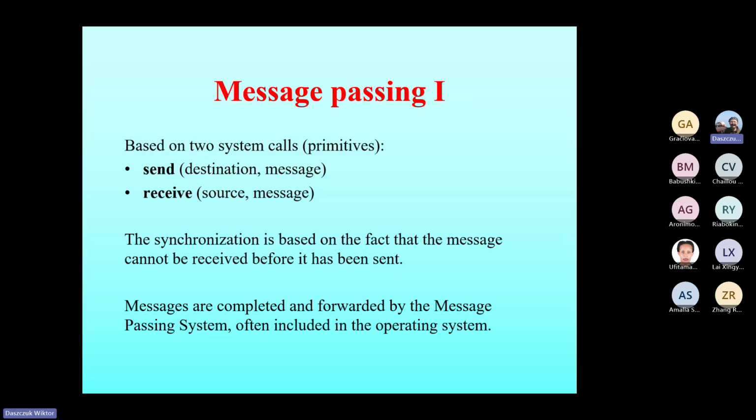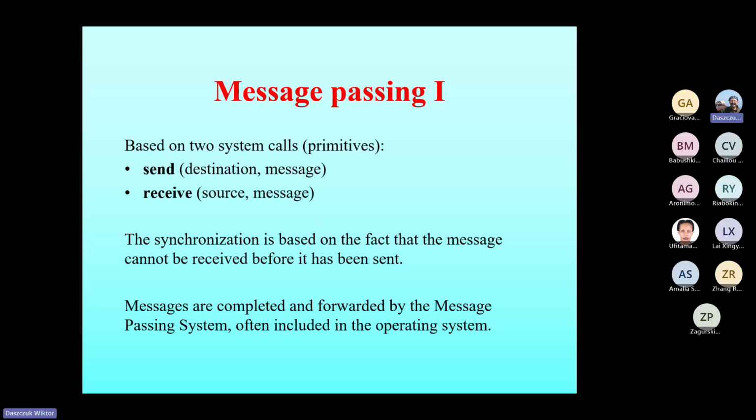In monitor, internal variables of a monitor and condition variables are in memory common to the processes. In message passing, we have no common memory. We can only exchange messages between processes. And the synchronization is based on the fact that a message